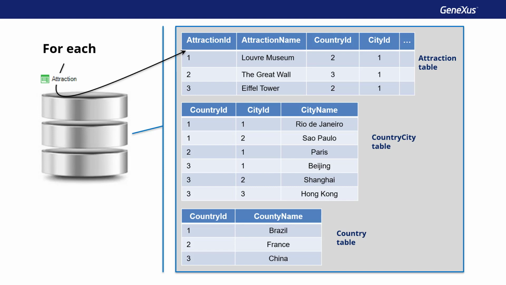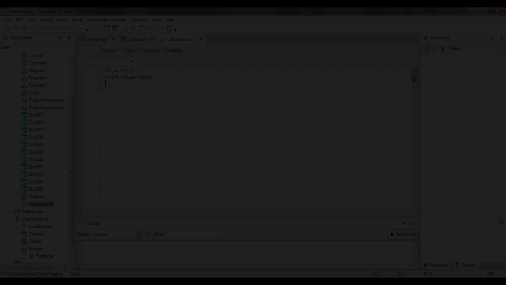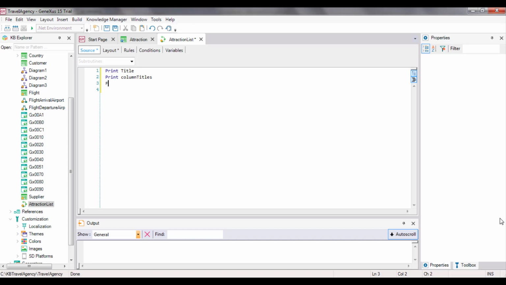The physical table that is accessed is called base table of the ForEach command. So we type the ForEach command, and next to it, attraction. Why do we type attraction next to the ForEach command? Because it's the name of the attraction whose associated physical table we want to navigate.